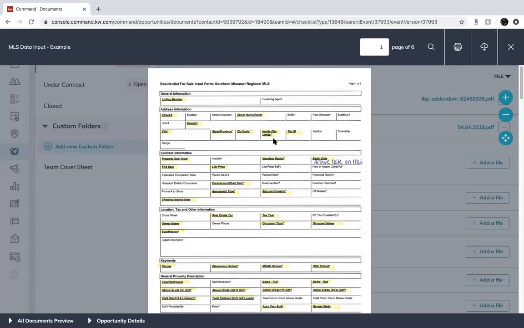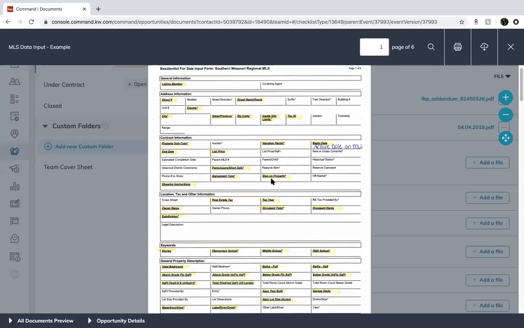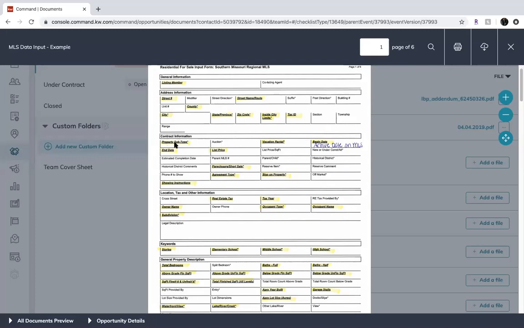If it's inside city limits, tax ID number. Then it will ask for the property subtype. If it's a vacation rental, the begin date. So the begin date is interesting because this will be the date it is active on the MLS, not when